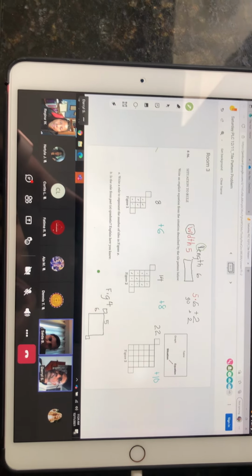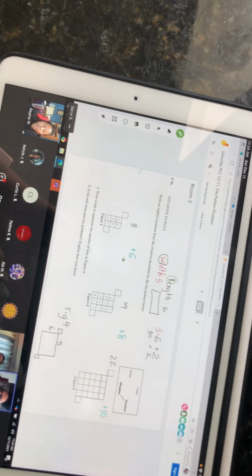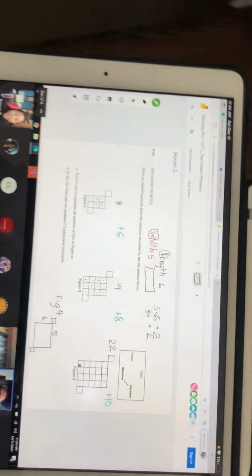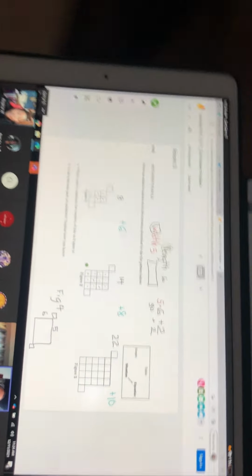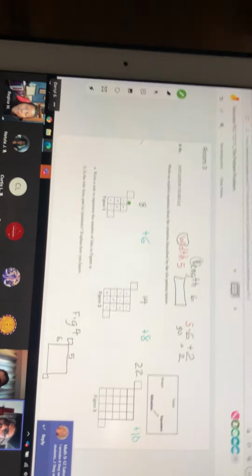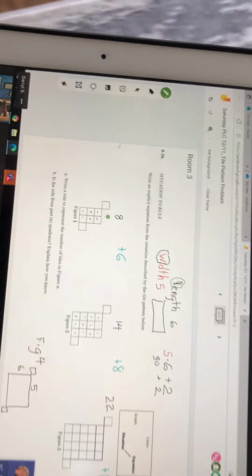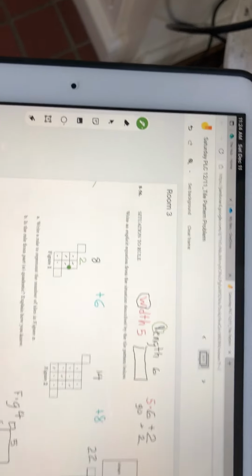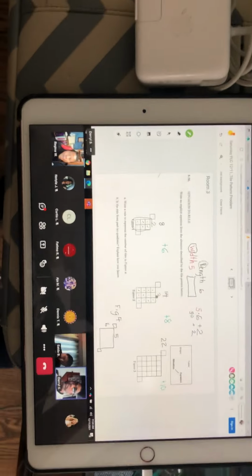In other words, Aja, you notice that it added 6 from figure 1 to figure 2, added 8, and then added 10 continuously. So if we look at figure 1, there's 2, if we want to use the word length or horizontal across the rectangle portion. And then on figure 2, there's 3 going across. And then on figure 3,